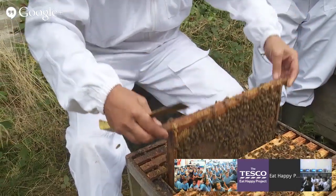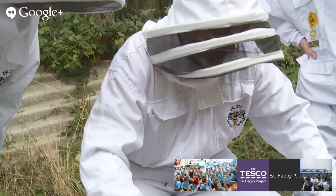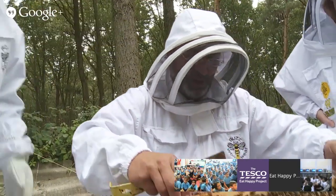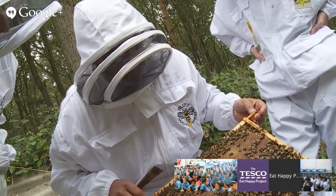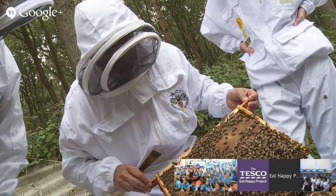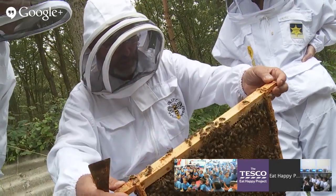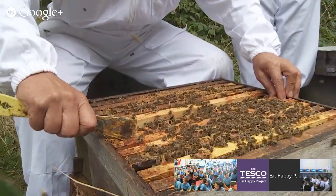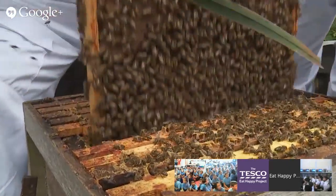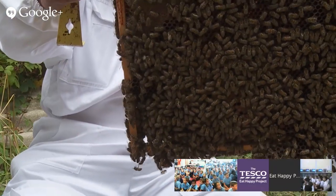Okay, so she rules the roost, does she here? Yes, she is the queen, she is the one in charge. The other bees look after her, do everything for her. Her sole function is to lay eggs, and she'll lay up to 2,000 eggs a day in the height of summer. Wow, 2,000 a day? Yep, and the other bees will feed her, look after her, groom her, everything. So she doesn't feed herself, she just waits for...